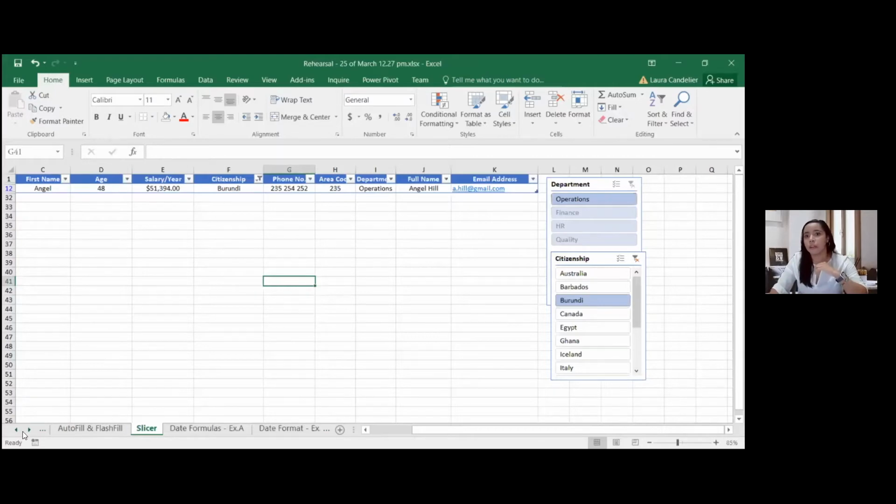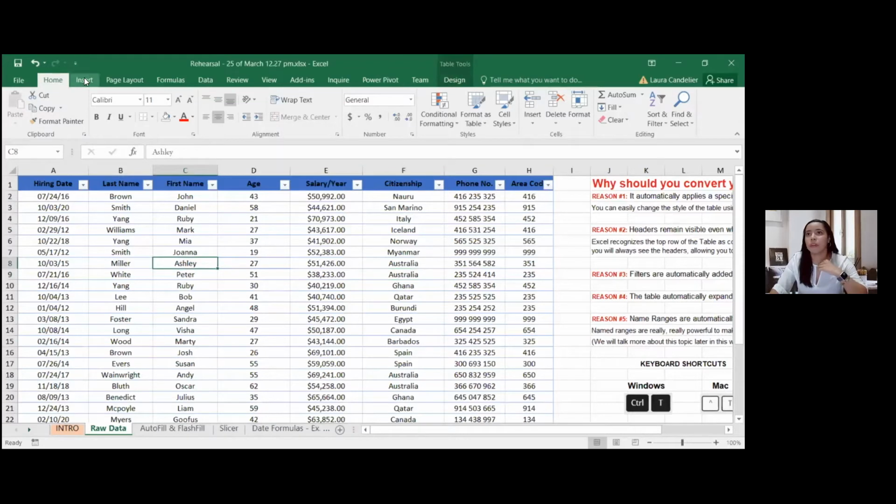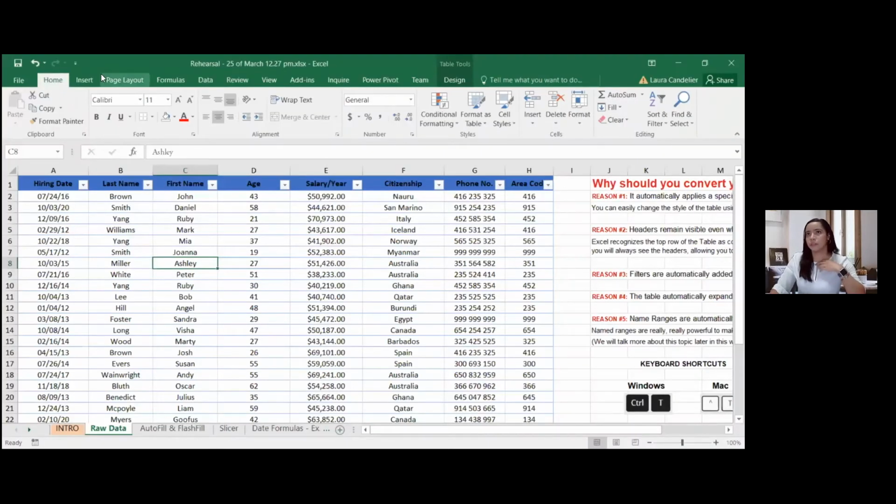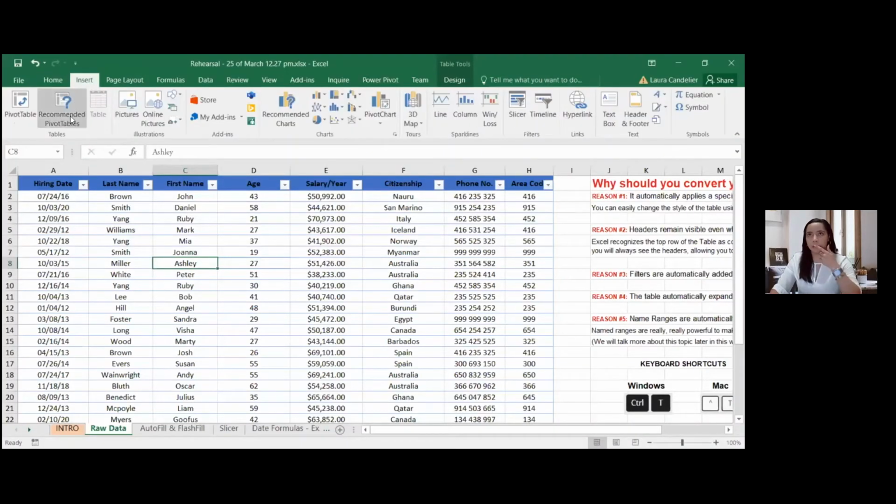So let's say if we go back to the raw data, and then we remove the seconds. Okay. So if we go through the table range,